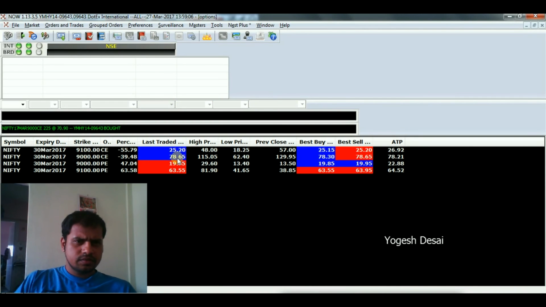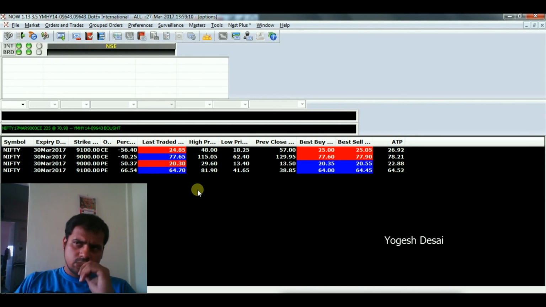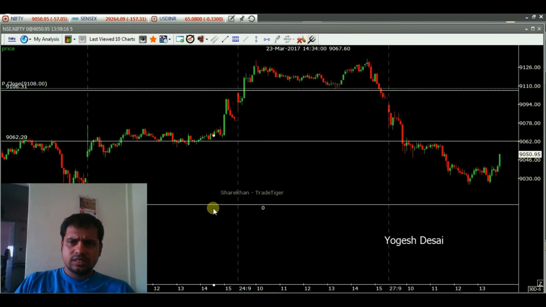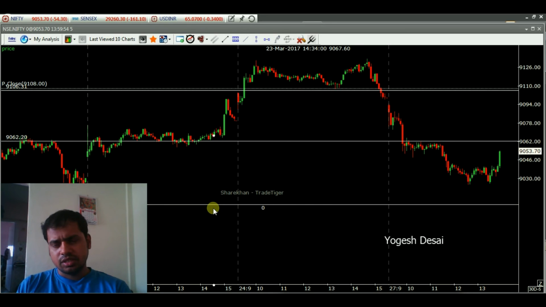As I said earlier, somewhere down the line I knew that this is going to bounce back from these panic levels, and that's why I kept it, though I was losing around 5 to 6 rupees per unit. As I said, it is almost impossible to catch the exact top and exact bottom. So now it is at 79 rupees